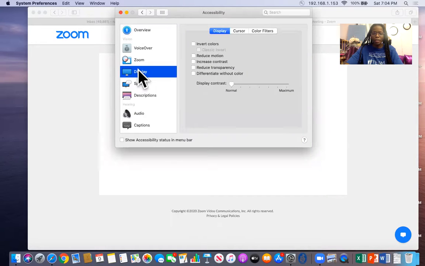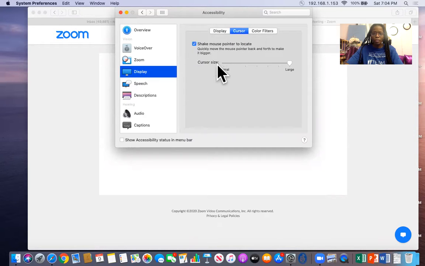Go to Display. There's a lot of different accessibility features that you can do, but we're just going to concentrate on the cursor. So to get the mouse pointer, mine is already on large. I'm just going to slide it down where it says cursor size, so you can see how small it can get. So this very small pointer is the normal size, but the bigger you make it, the larger it gets